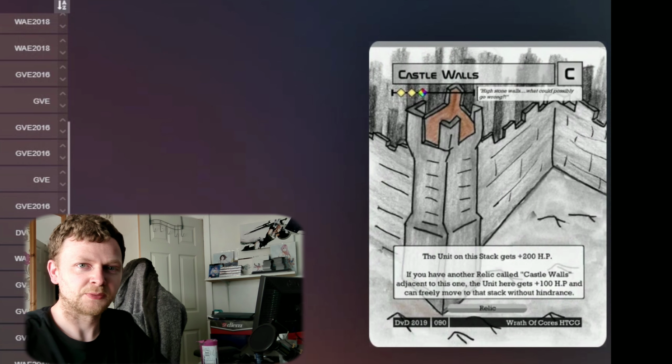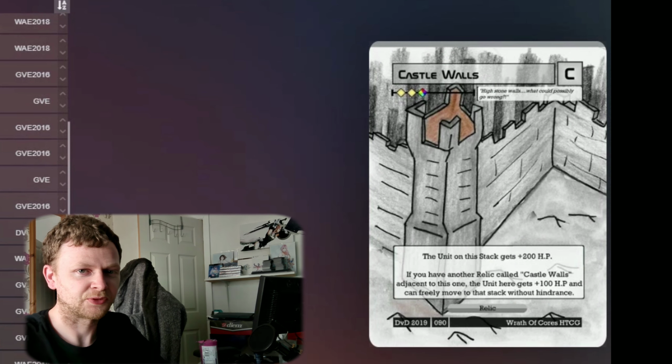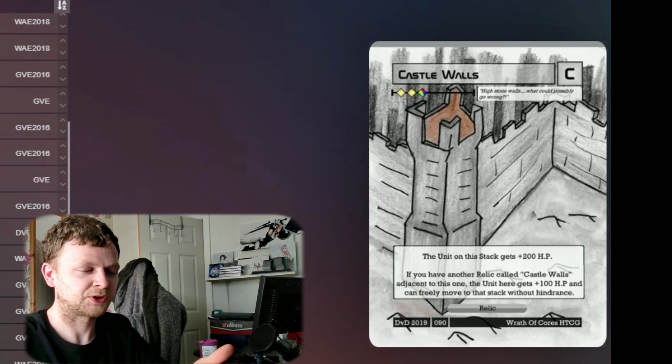Moving on, we've got 2 more relics to play, and then that's the deck. We've got 2 copies of Castle Walls. It costs, for us, 3 white elements. The unit on the stack gains 200 health, and if you've got another relic directly next to it, which is also a copy of this card, Castle Walls, then the unit here gets 100 HP and they can freely move between the 2 stacks without the hindrance,